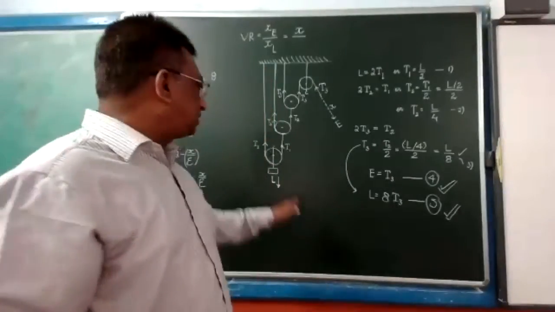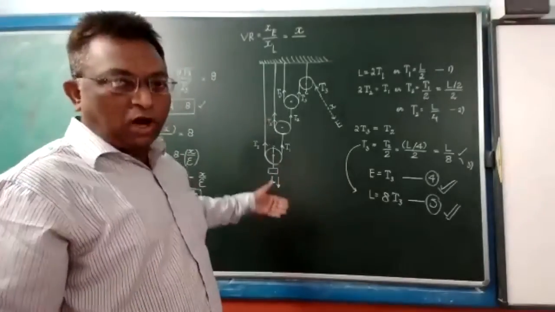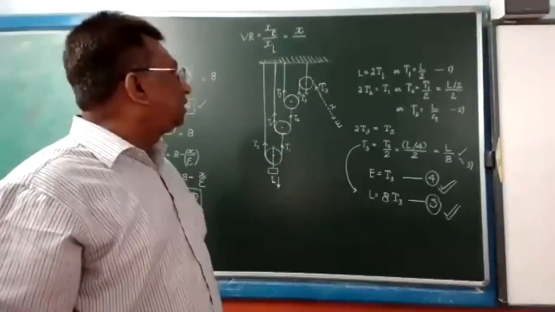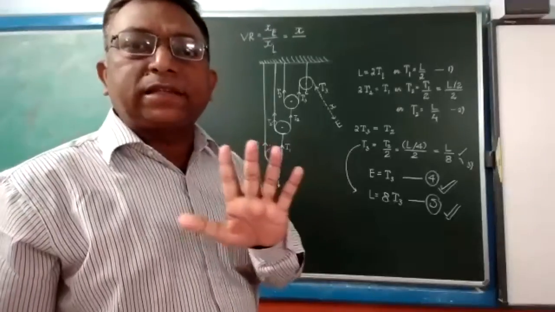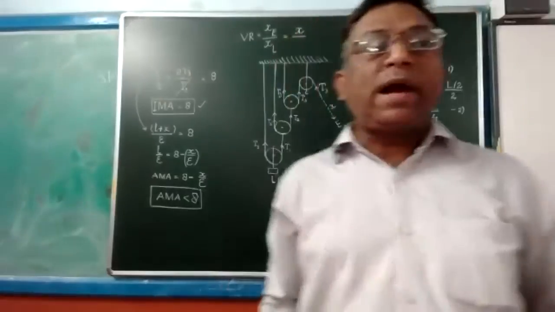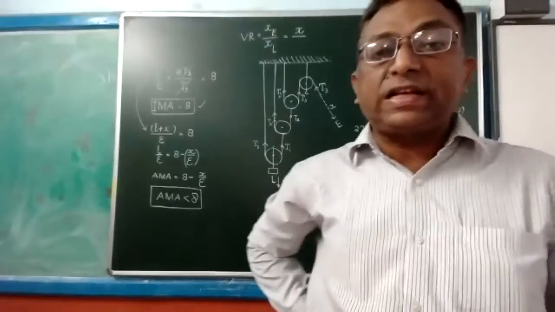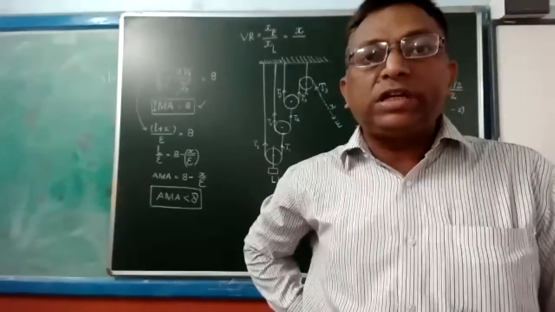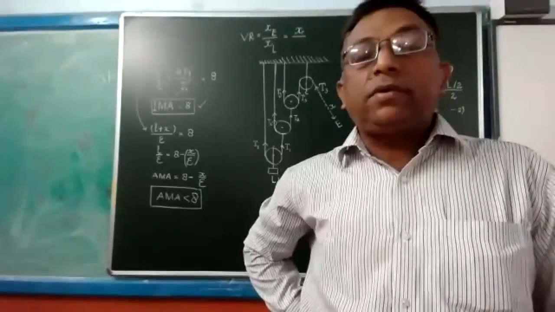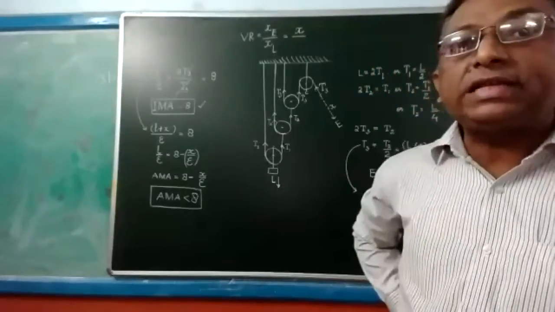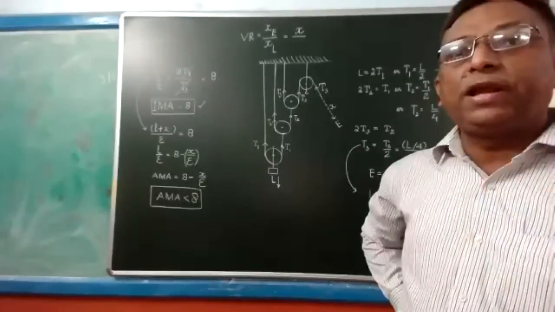Then this load, the given load, will be displaced by how much distance? x upon 6. Why is it not other than x upon 6? In order to find the load distance, you just recall the velocity ratio in case of a single mobile pulley system having one fixed pulley and one mobile pulley.